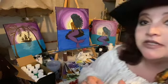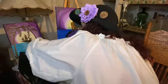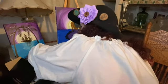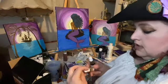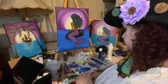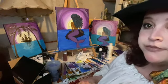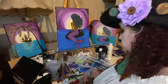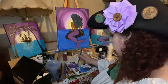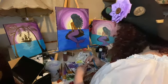I'm going to pull in my lovely metallic. I have this great metallic color that I love, which is a bronze. Because our mermaids are magic and are shiny. Because we like shiny. I mean, I like shiny. I don't know about everybody else, but... So, we just pull a little of this bronze and kind of do the next layer of the... I'm going to mix it with the gold because it's kind of a...